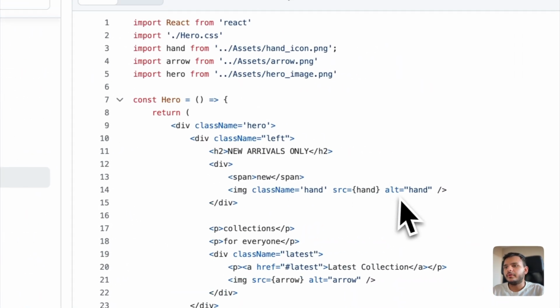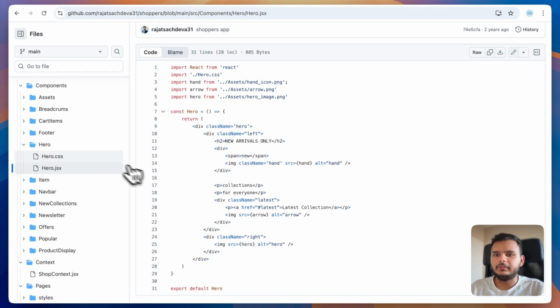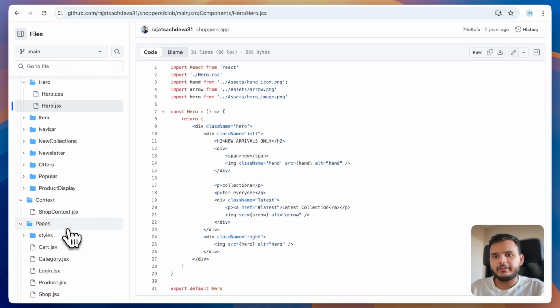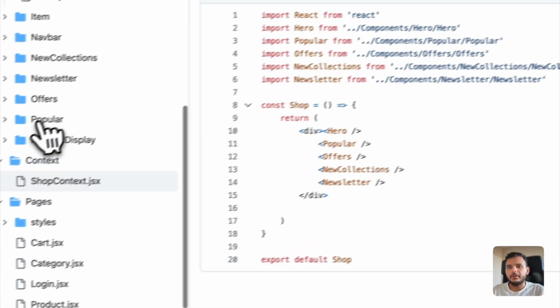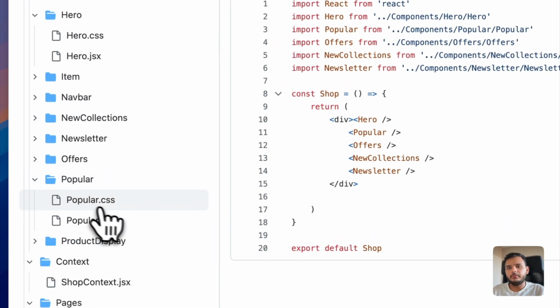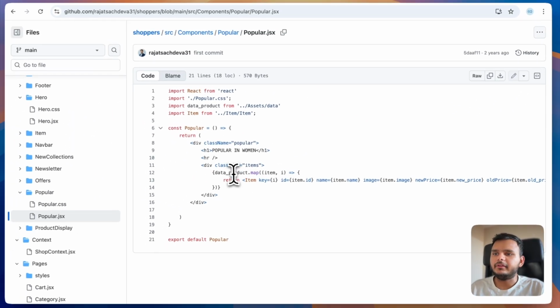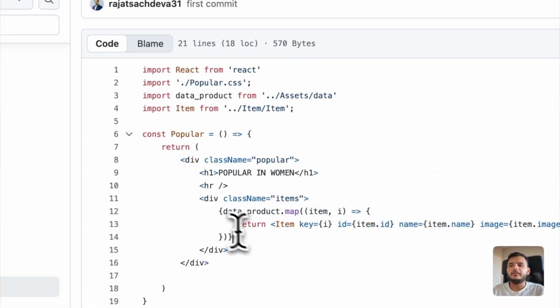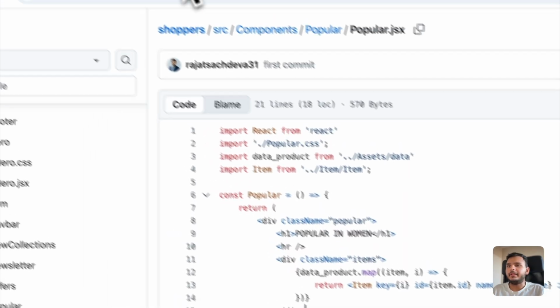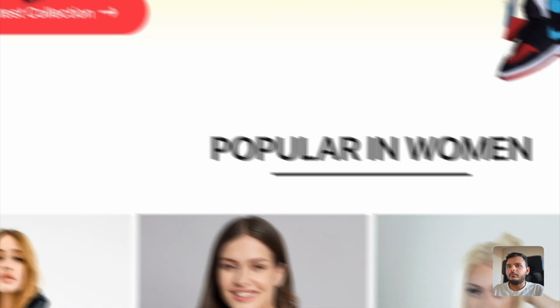Yes, so this is our simple hero component with a banner and a button. And the next page that we have is popular. If we go to popular, you will see it is returning a map. We are using a map function to iterate through products and displaying the popular products here. So we have 4 popular products,